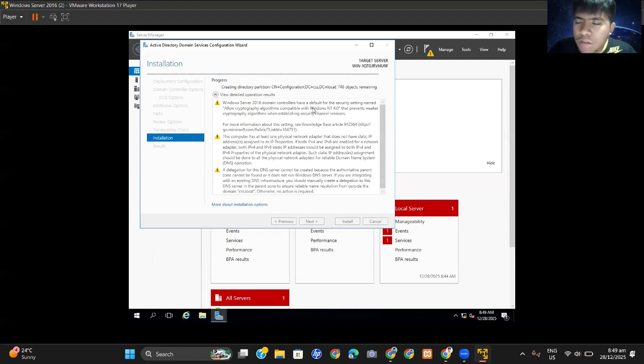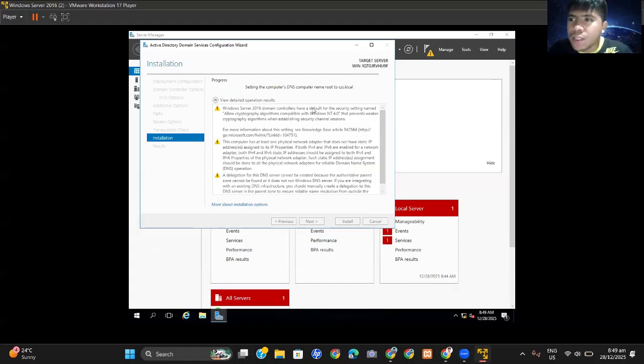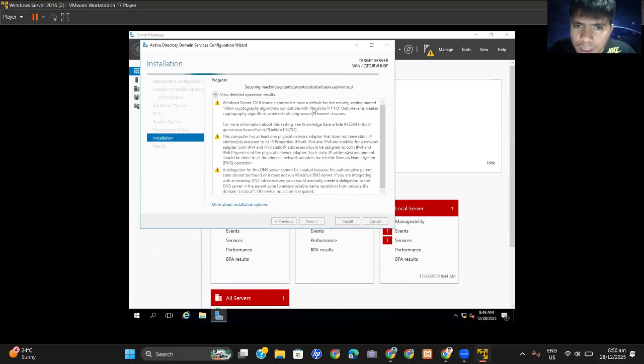So it installed the following configuration such as the tools, the Active Directory tools, users and computers, the policy management, and then let's wait for the moment. And it's completing the installation process, since the tools being installed here are essential in Active Directory for management of users and computers. So configuring the DNS service on this computer.